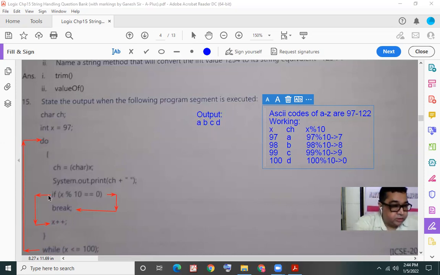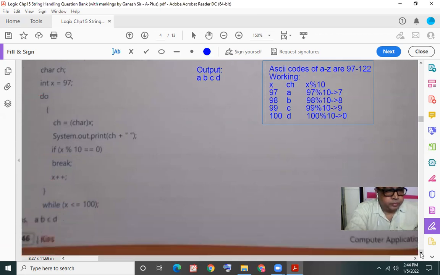But the arrow markings that you see would not be there in the PDF. So if you want, you can take a screenshot of this. Proceed to the next problem.